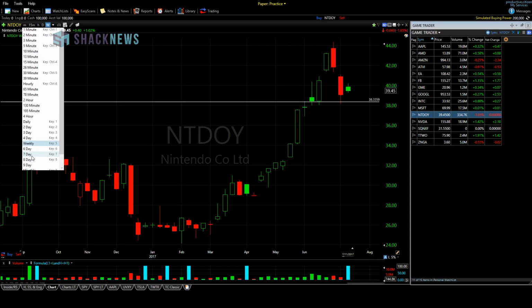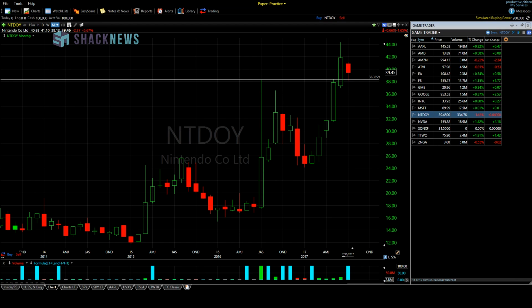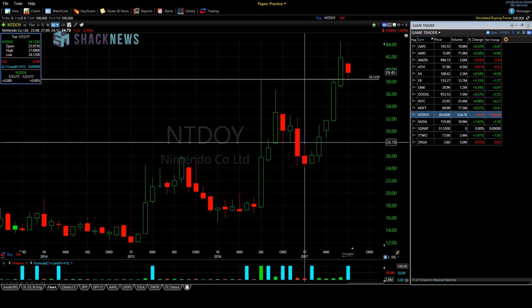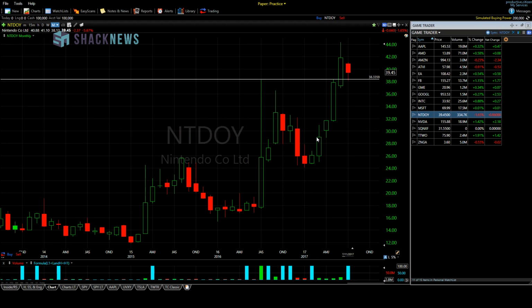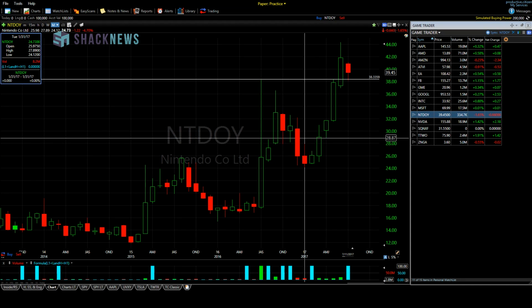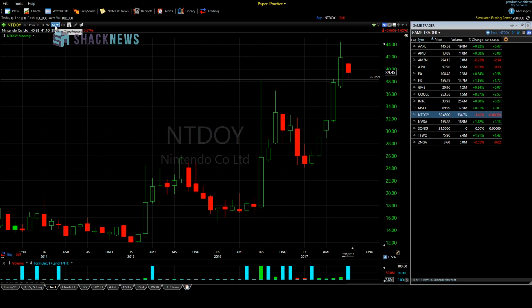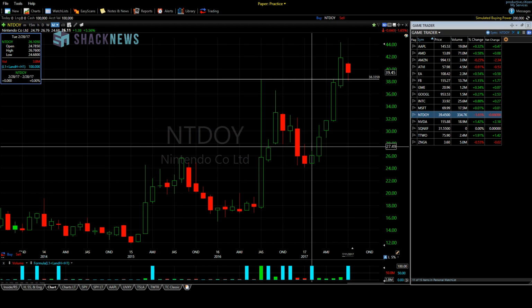If you look at the monthly chart on Nintendo, we're trading inside month now. It had an inside month and up breakout at the exact same time that it broke out in March on the quarterly chart. My trading strategy is based on time frame continuity. We want to buy stocks that are going up on all time frames. We want to be out of stocks that are going down on all time frames, or shorting them.